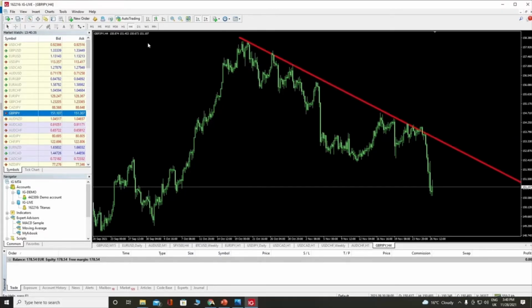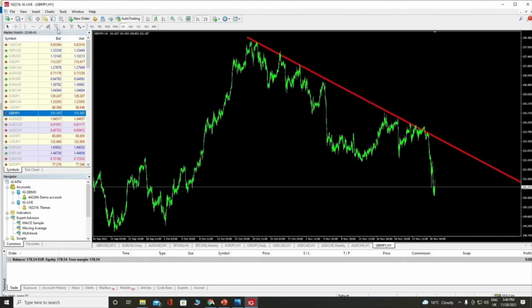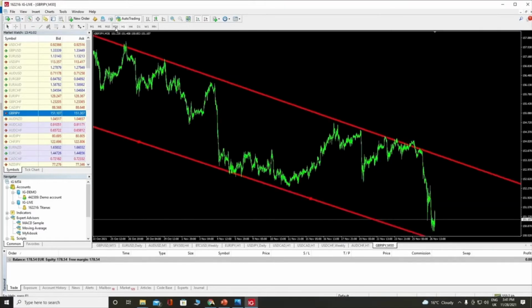So you see that at this point, even though we are considering going long, when we zoom in a bit more to the 1 hour chart, we will see that we have a down trend at least at this point. Now remember, when you are drawing your lines, that they might mean nothing. At this point, either the price will jump to this point and then go down, or it will spike up based on the previous time frame. Now let's go to 1 hour. Let's go to 30 minutes.